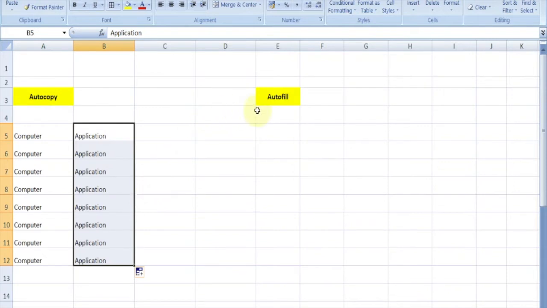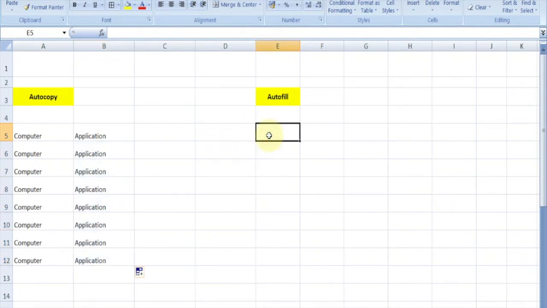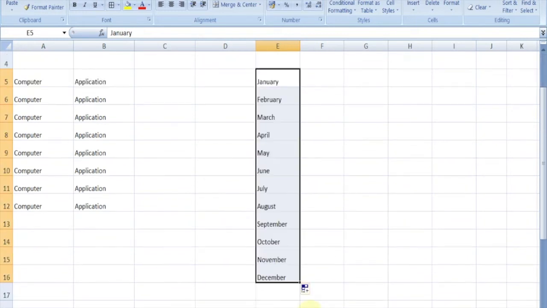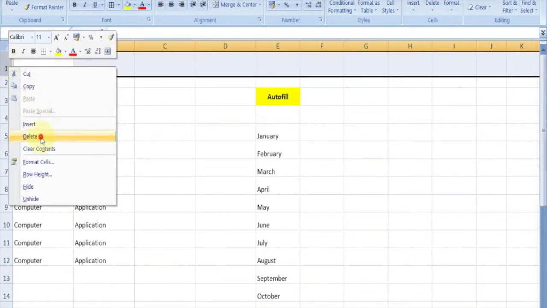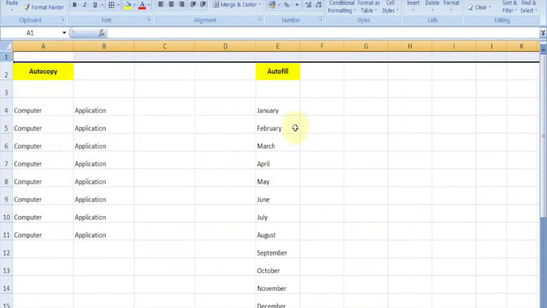Another feature is autofill. If we write some series type text, suppose we write January, and we autofill this, we get this series.